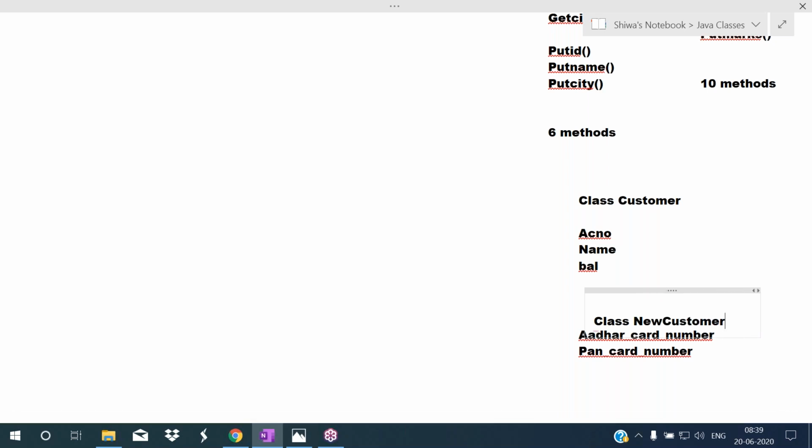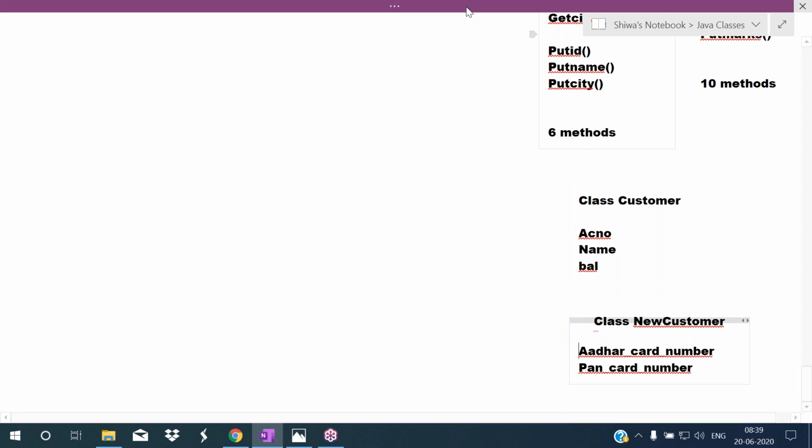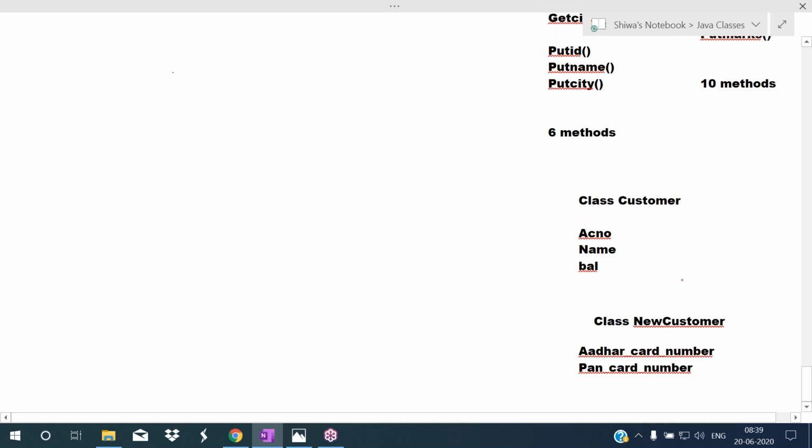In that, I am defining these 2 members, Aadhaar card number and PAN card number, and establishing a relationship between these 2 classes, the new customer class and the customer class. Now new customer has how many properties? 5 properties. So automatically we are extending the class.